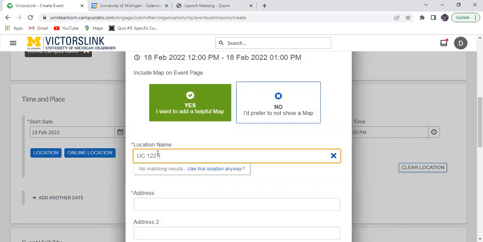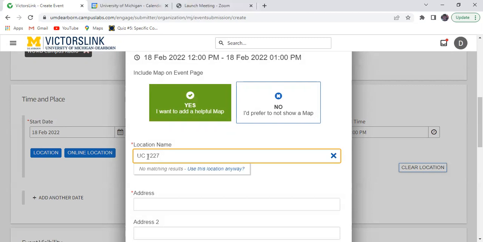So being as specific as possible in the location spot really helps get your event approved as quickly as possible. If you want UC stage, put UC stage. If you want Fairlane Center South 180, put Fairlane Center South 180, and not just Fairlane. Like I said, it really helps speed up the process a lot because you don't have to go back and forth trying to figure out what room is available and what room you want.